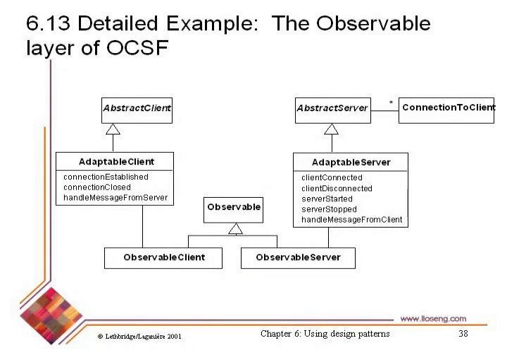Okay. Client side, we subclass abstract client. Remember we said that the normal way to use OCSF is to subclass the abstract client to create a class which is your application class, a concrete version of abstract client. In this case, this framework extension is doing that for you. So we get adaptable client as a concrete client object that's got implementations of certain operations. So it's got connection established. Remember, this is one of those